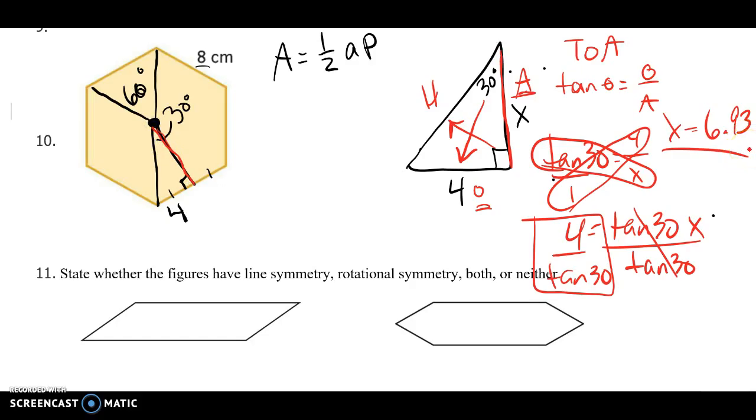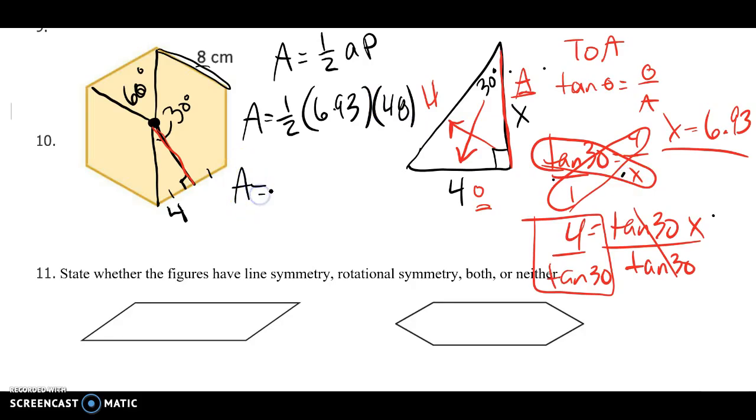I know these problems are long, like 12 steppers, but they're not too bad. So then area equals 1/2 that apothem, which we just found to be 6.93, times perimeter, right? And we got one side right here is 8. Well, this is a hexagon, a regular hexagon, so they're all 8. So it'll be 48, right? 8 times 6. So the perimeter will be 48. So then we can find that our area equals